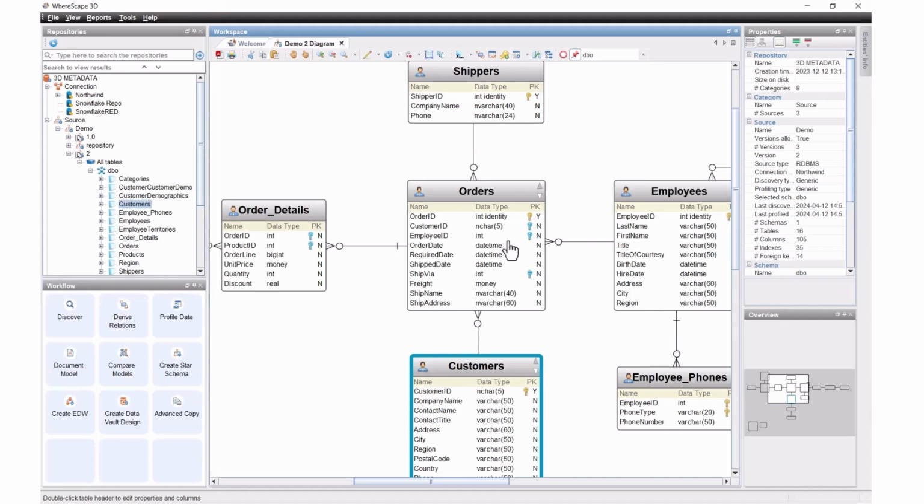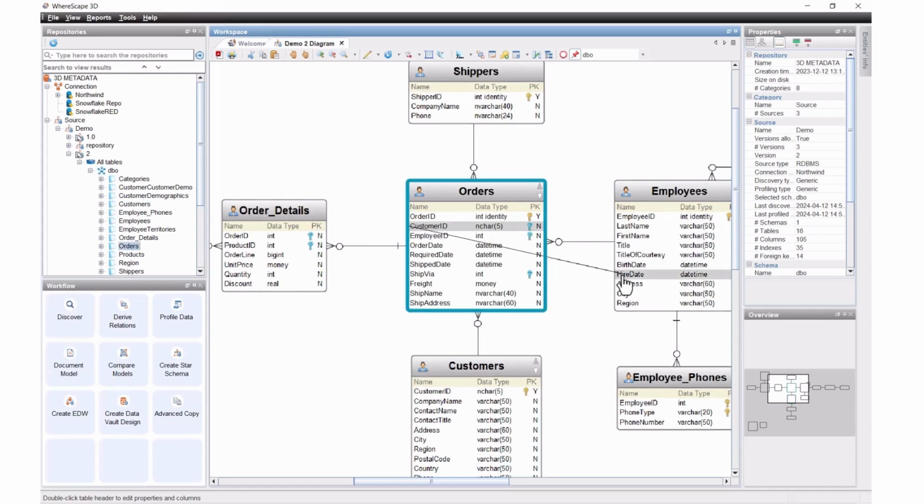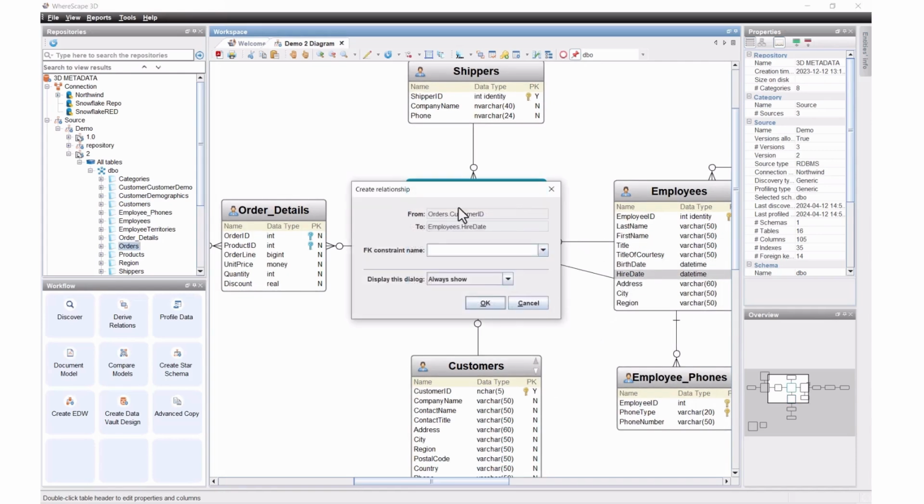3D is almost entirely rules-based, and the more information it has, the better the rules will work, and the more automation will benefit you in what it's producing. So let's say these don't exist. Let's say these relationships don't exist. What can I do? Well, I can manually tie together pretty much any two as primary key, foreign key. I can do those relationships.